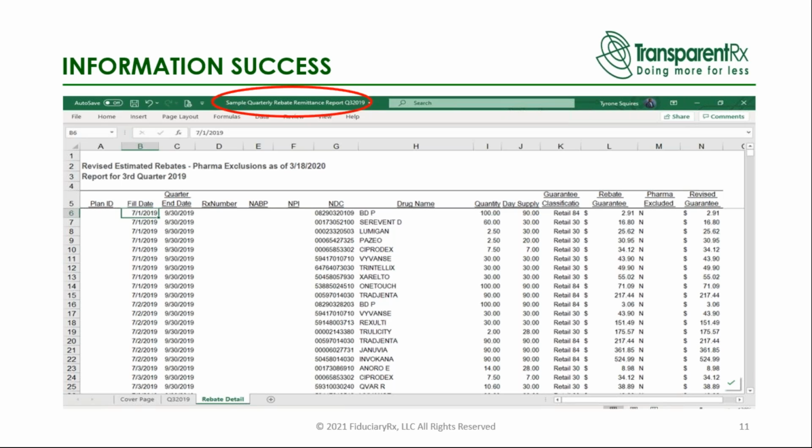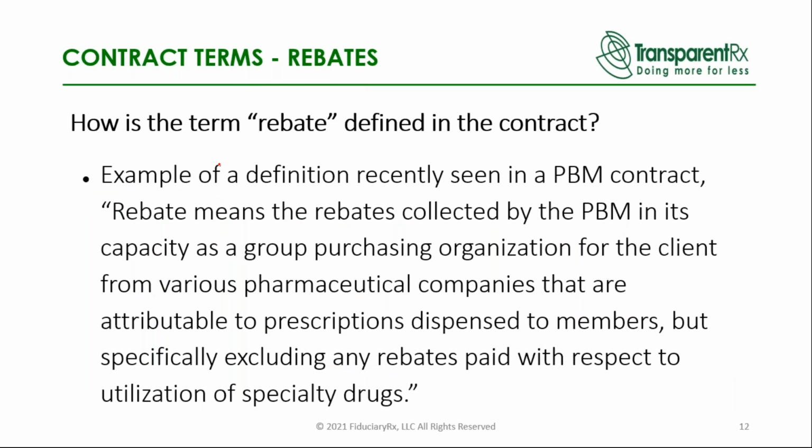I go back then to PBMs intentionally making it difficult to ascertain their management fees. I'm going to allow you to speculate on why a PBM would push back on sharing this level of information with its clients. And just for the record here, some of this information is redacted, plan ID, RX number, all that good stuff. That's private information, but it is populated when we share this document with our client.